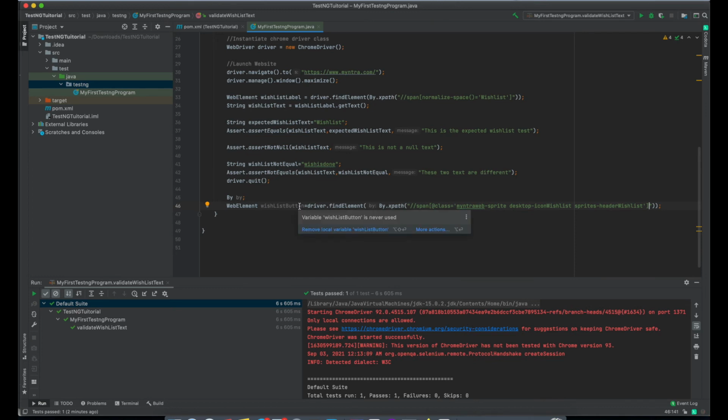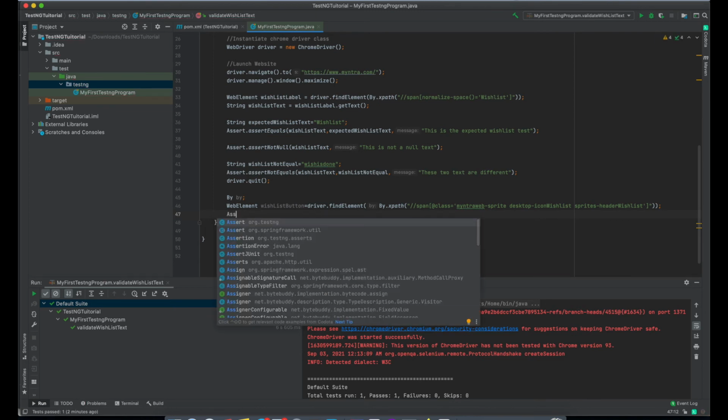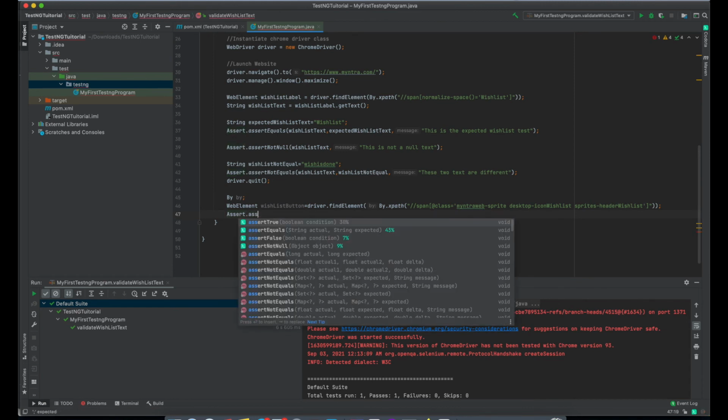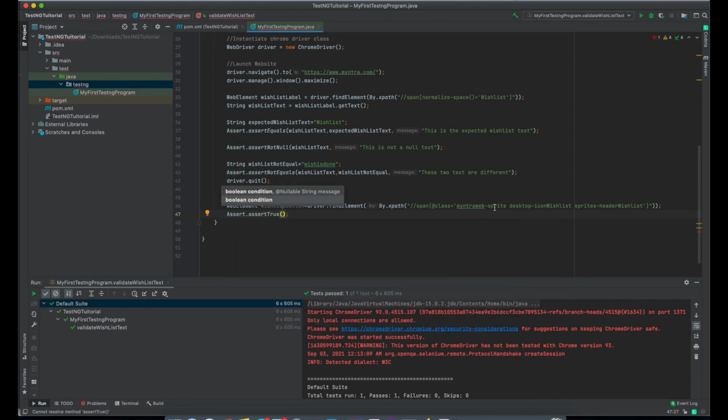Now we are going to assert something like assert dot assert true. And what we are going to assert is this button, so basically we are asserting true or false, right?